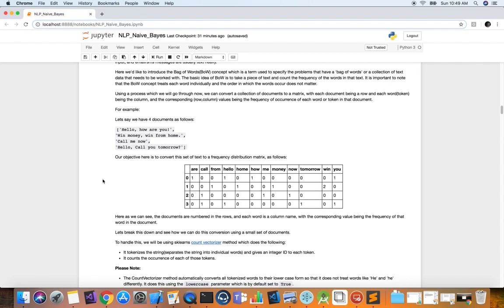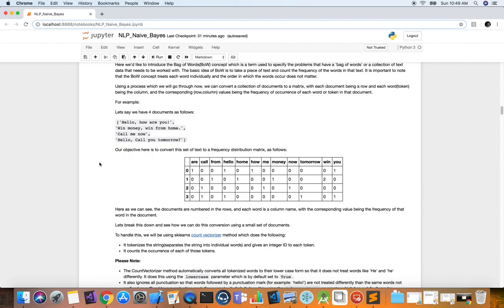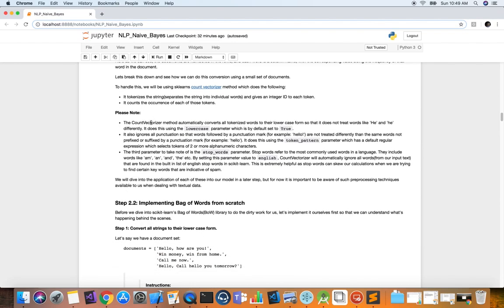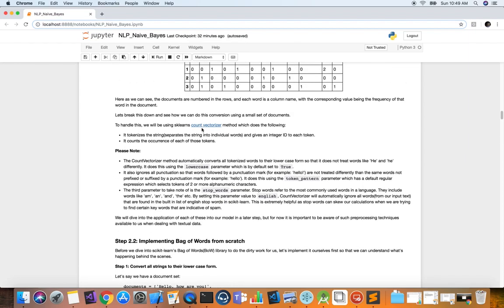We'll do it actually from scratch. Scikit-learn has a method called CountVectorizer, which will do that for us, but we'll do it from scratch just so we have a deeper understanding of how that function works behind the scenes, and then we will just call it afterwards. We'll start with a simple text data sample, just a list with 4 strings corresponding to 4 SMS messages. Now the CountVectorizer function from scikit-learn will automatically convert all of our words to lowercase, and